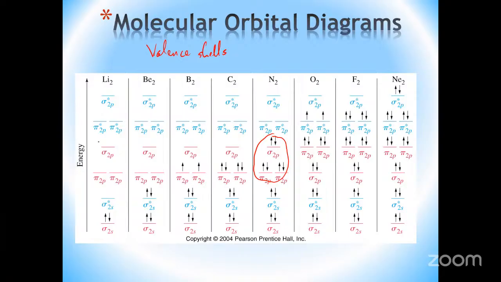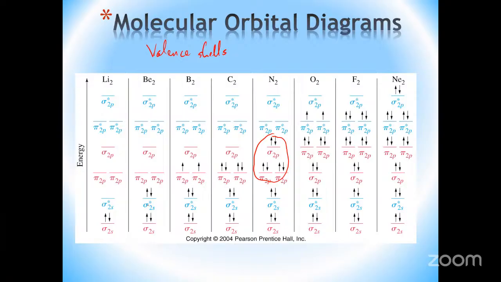Okay, so with that said, in the case of lithium, lithium has only one electron in the valence shell for the atom, but there are two of them. So therefore, both electrons will go into the lowest molecular orbital, which would be the sigma 2s, right? To get from lithium to beryllium, you need to have two more electrons, and therefore those two electrons will go into the anti-bonding molecular orbital